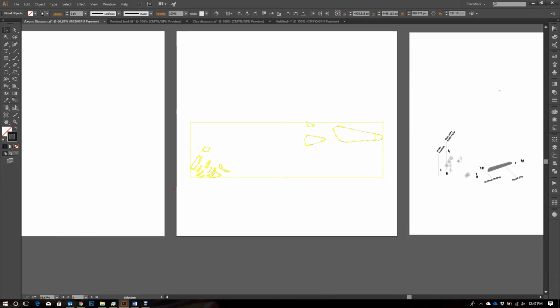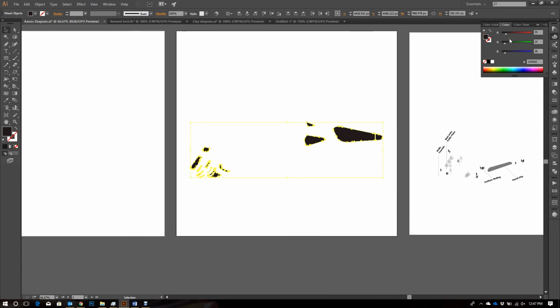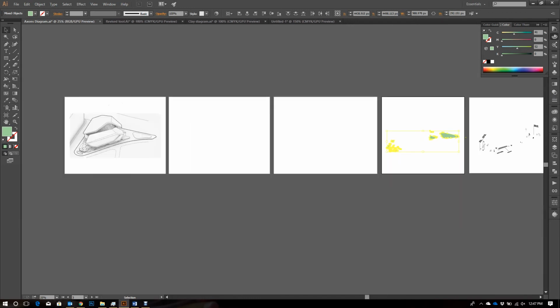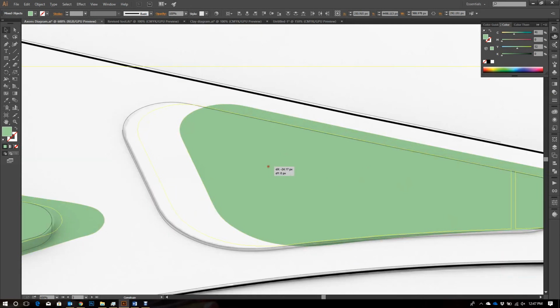So say this is my grass. I can just convert the line to a fill, give it a green color or pink. Let's use the CMYK. Pink grass. How do you get green? Green is what? Blue and yellow? Damn it, green. Okay, good. Take your green fill, bring it there, drop it on it,